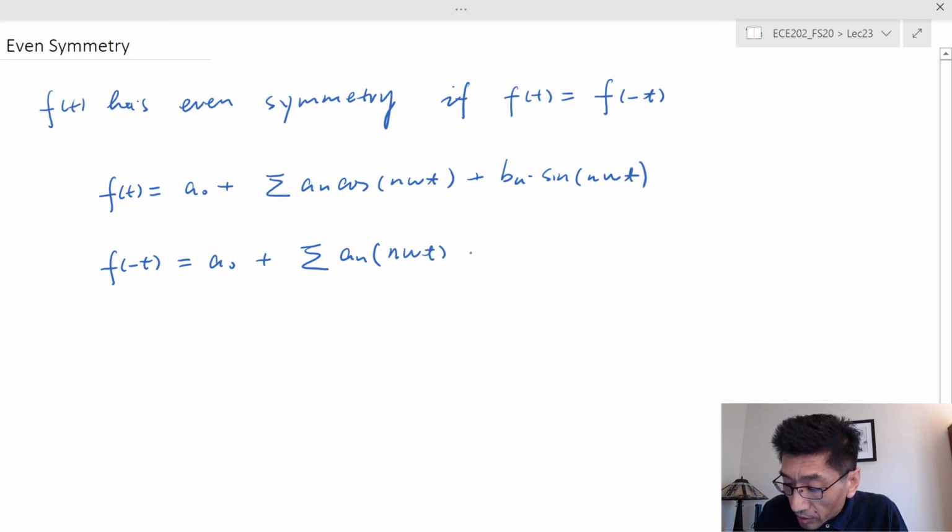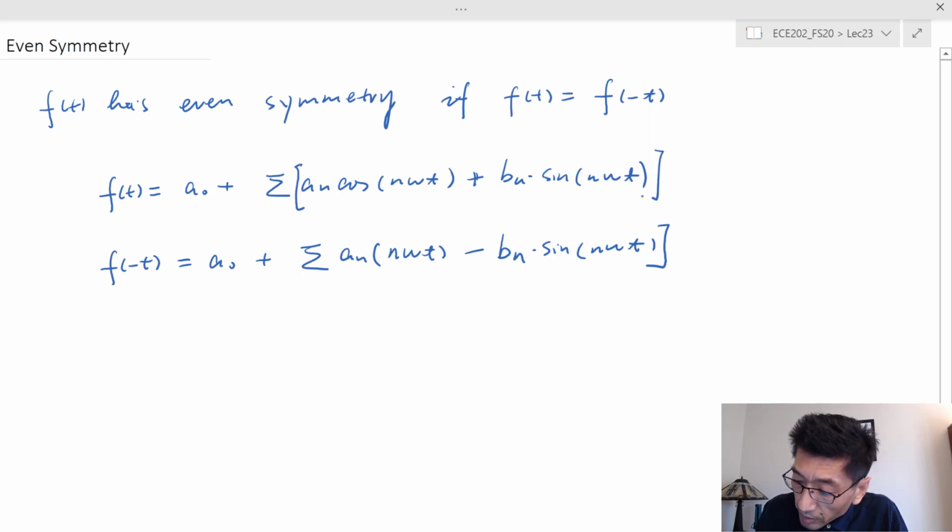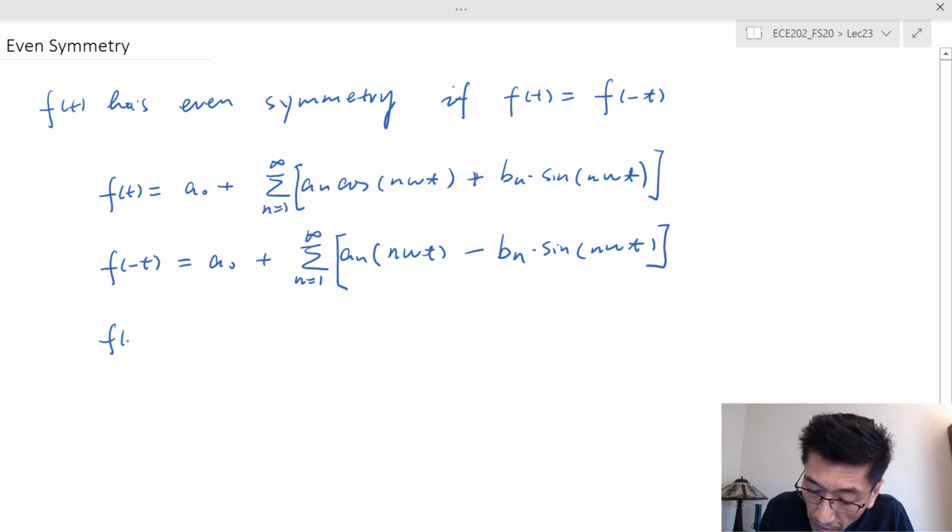And sine is an odd function, so we can pull this negative sign from inside the argument of the sine function to the outside. So I have negative sine n omega t. Of course, n goes from 1 to infinity. If we compare these for f(t) equal to f(-t),